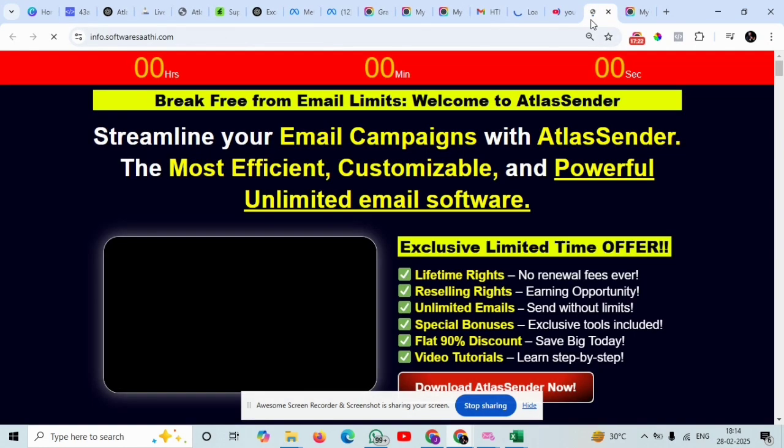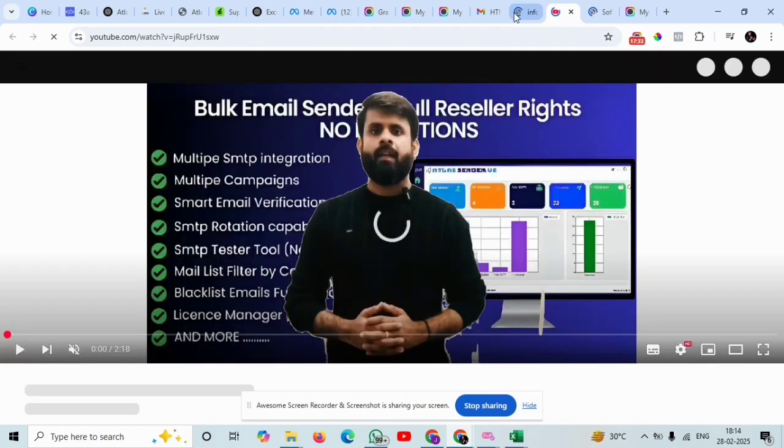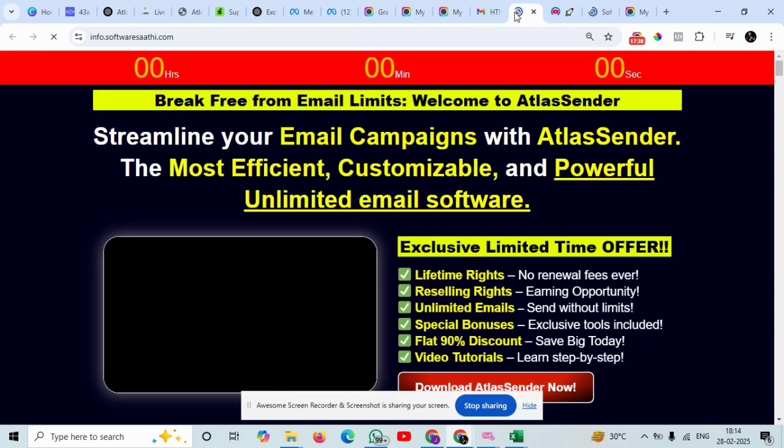Okay, why am I showing you this? Because you will need these things. When you'll be preparing your HTML templates, you would need these things. See, if your image is clickable,